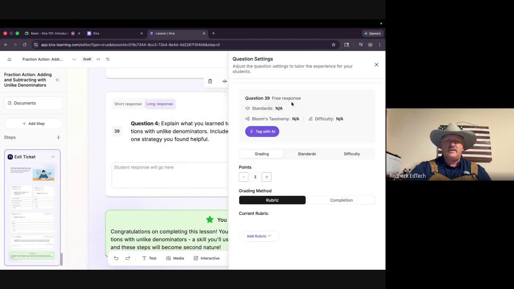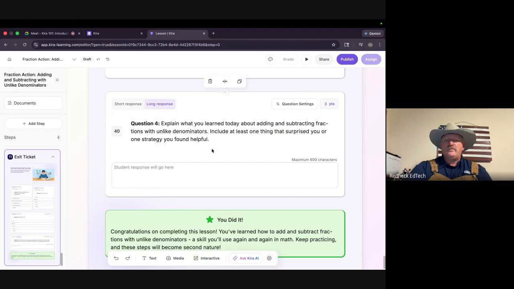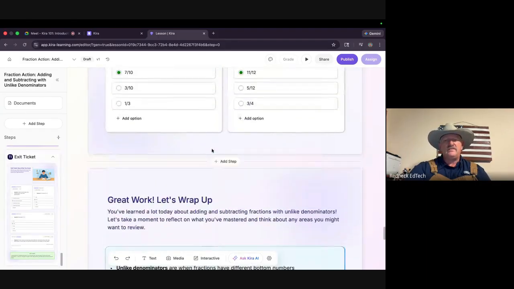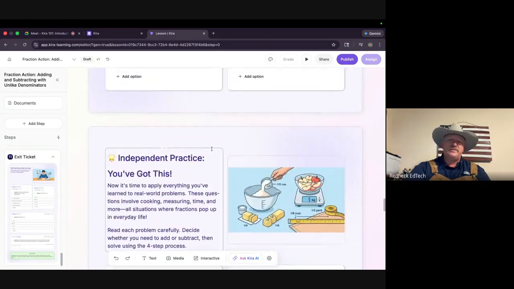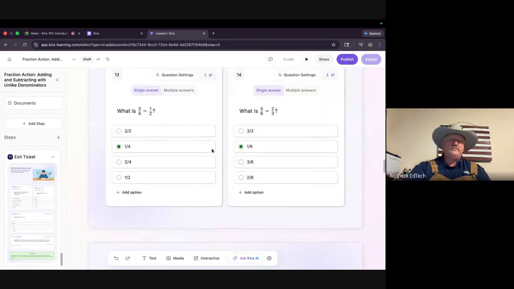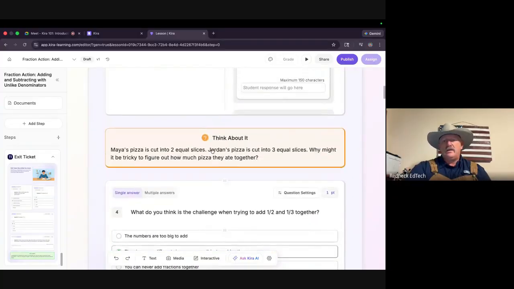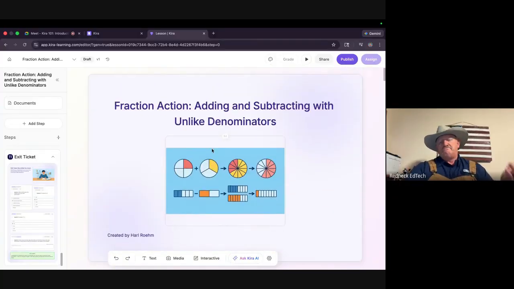Now, with each of these, you'll be able to create a rubric or assign a rubric if you want, in which it'll auto score it based off what you put in there. This is a pretty massive lesson, something that I really, really love. Now, I don't know what you think about it. The lesson itself is awesome, but let's go a step beyond.